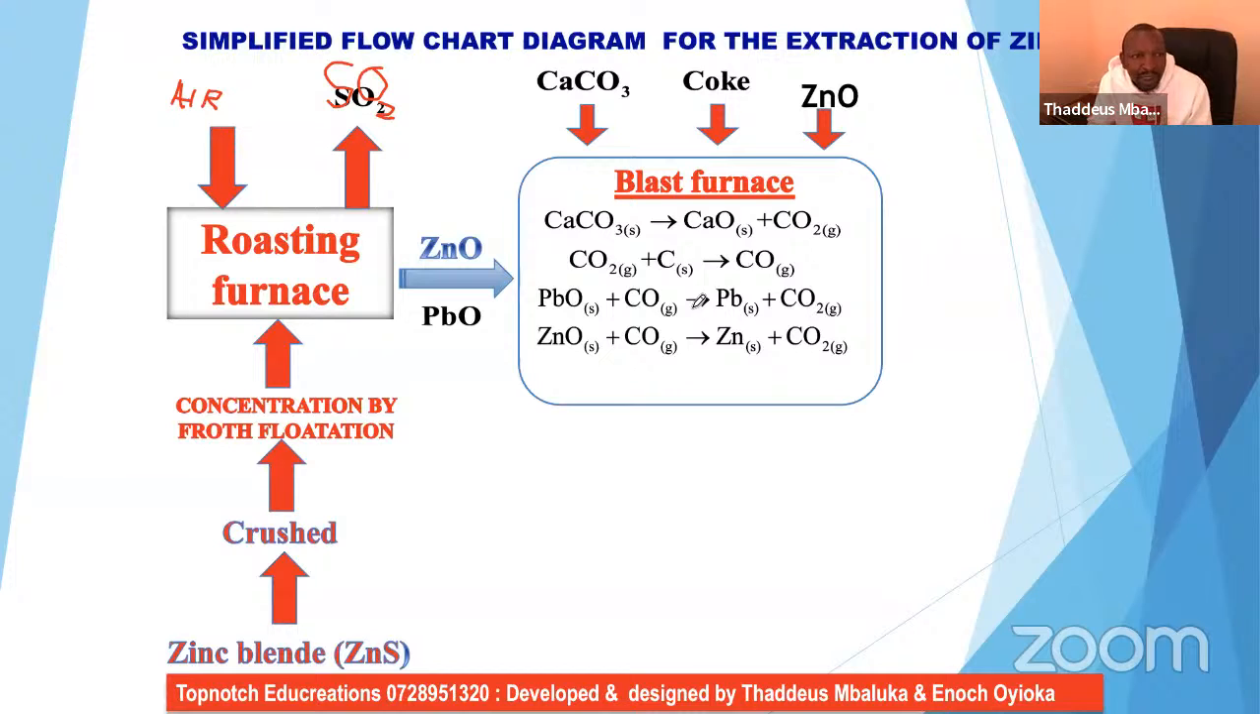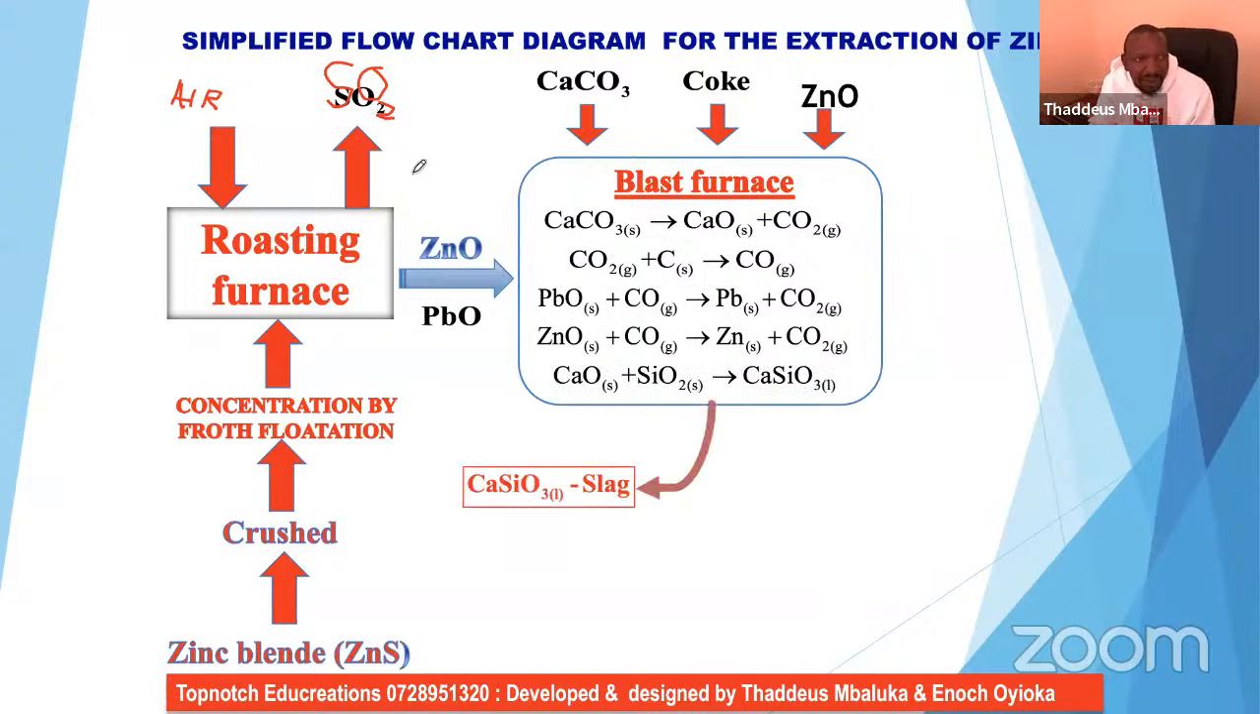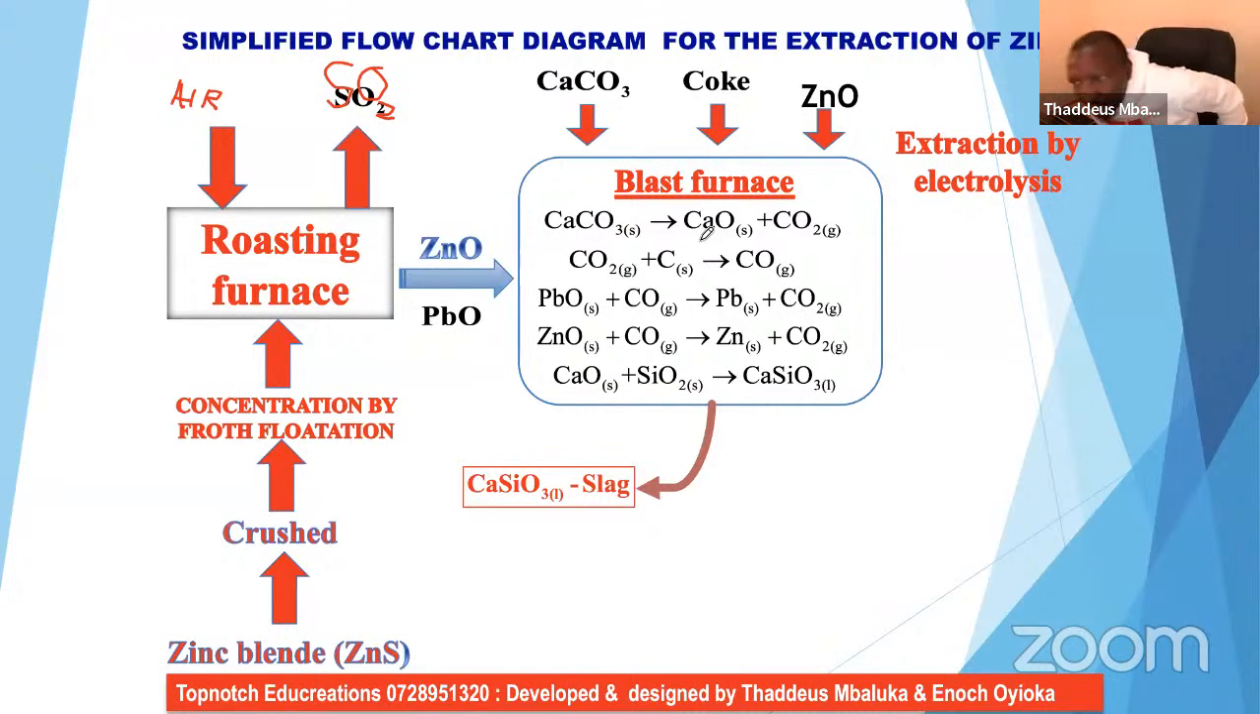So you can be able to see those kinds of things. They're very much important for you to be able to understand. So we're having the reduction here. The calcium oxide that is formed there reacts with silica to form calcium silicate, and the calcium silicate gets out as slag. Now, this is the extraction of zinc, whereby